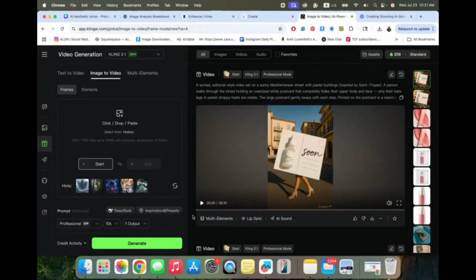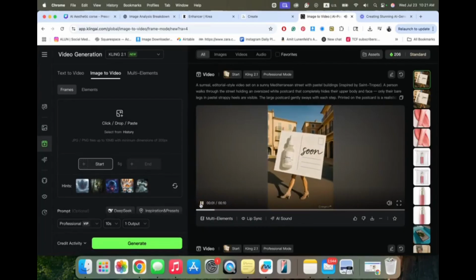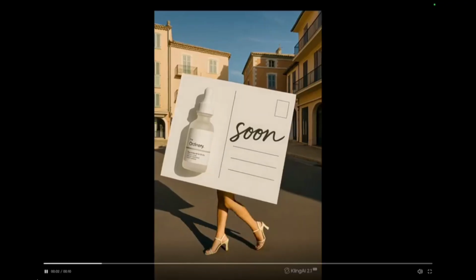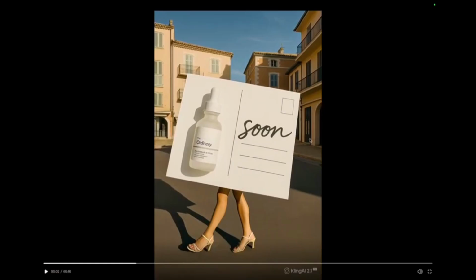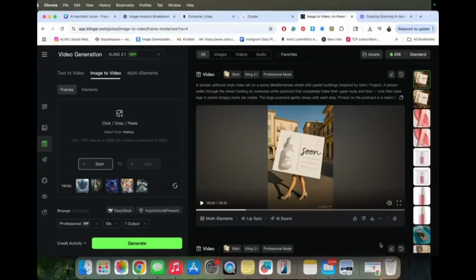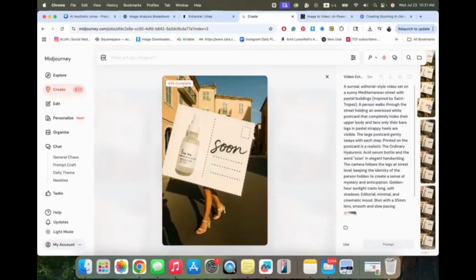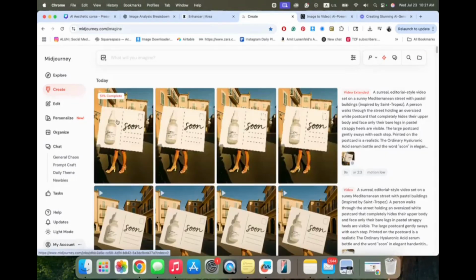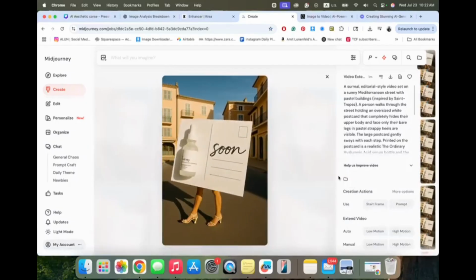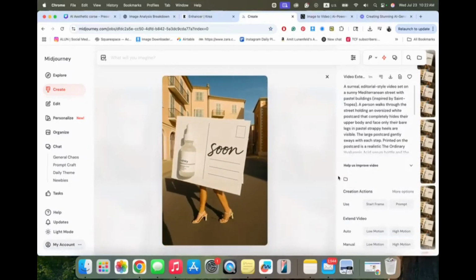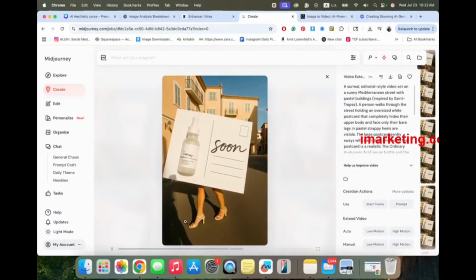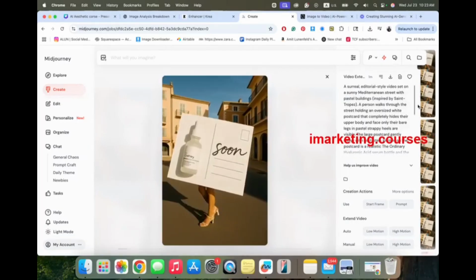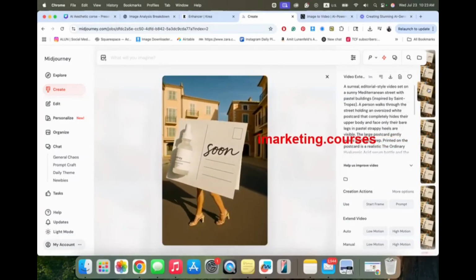Let's see what Kling AI created for us. This is not as good as Midjourney, just because you can see the legs, the texture doesn't look realistic. Now with Midjourney, let's see the results when we asked for the video to be longer. Let's make it bigger so it will be easier to see. It's cool that it adds the shadow of the photographer.